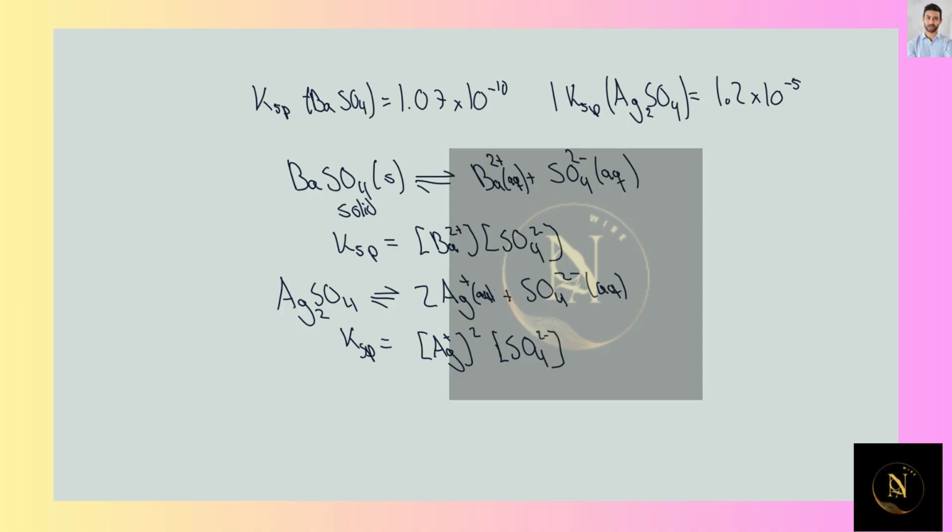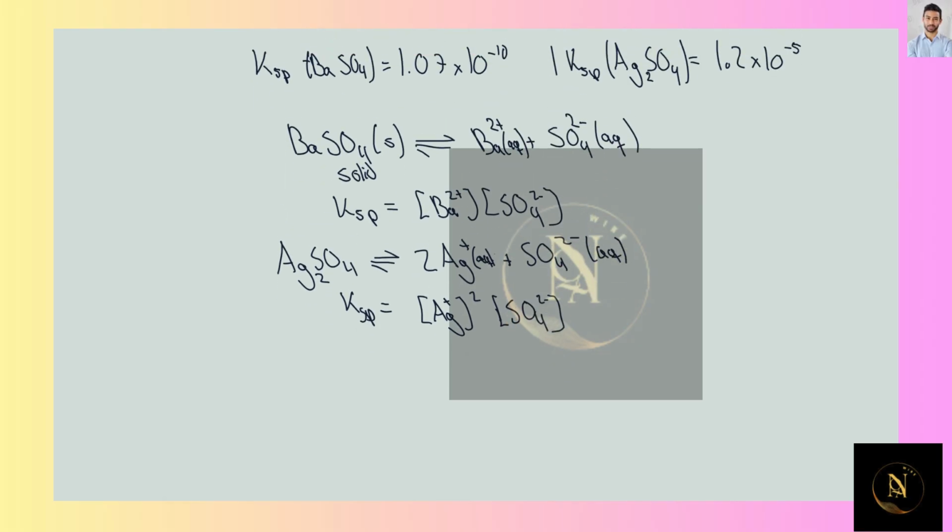Okay? So first of all, by looking at the solubility product constants, what we would expect is that in both scenarios the amount that is going to end up dissolved in the case of barium is going to be much smaller, because we know that that constant is equal to 1 times 10 to the minus 10. But in this case, we need to consider that one of the products does not have a one-to-one relationship. So if we were to have a nice table for both of these equations,